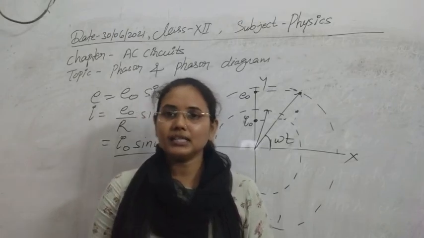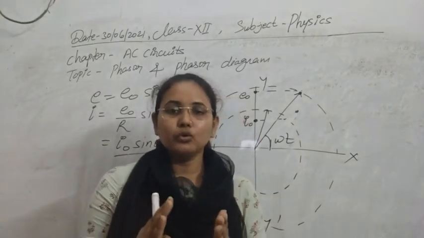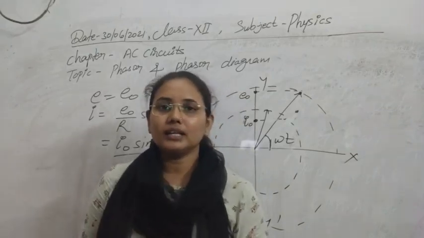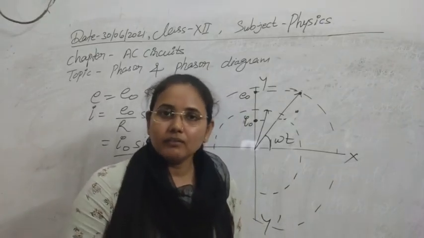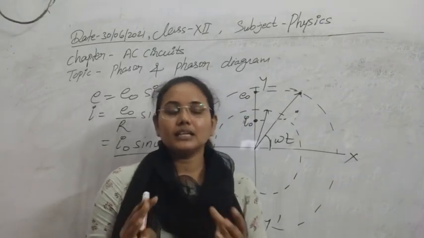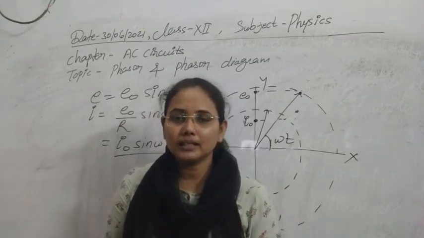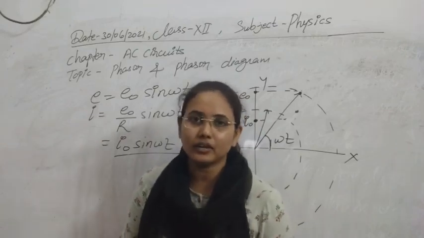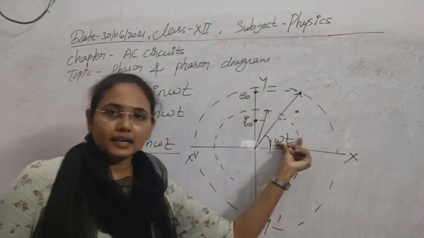Second thing, we can change the area of the loop, and for that we can move the coil and motional EMF we can obtain. Third quantity is the orientation between the coil and the magnetic field. Whenever we change the orientation theta with time, then due to the rotation of the coil, the induced current or EMF that is produced is alternating current or EMF. So this is the way and angle for alternating EMF.